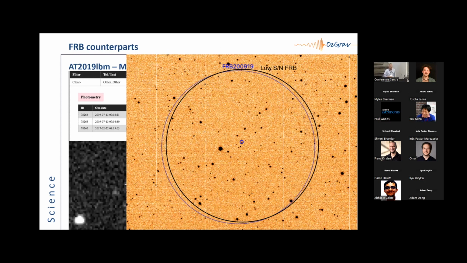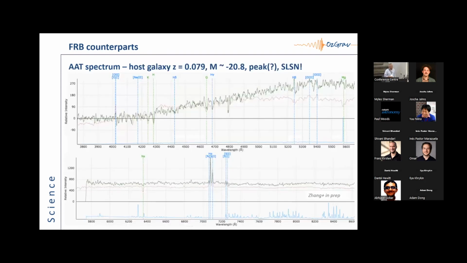We thought, oh, that's interesting. It's right in the middle. Cool. Then we got a spectrum of it. We got the host galaxy, and it looks traditionally like an FRB host galaxy or something. So, okay, that sounds great. But then when you look at the redshift and the magnitude of the transient, it turns out it's a superluminous supernova. Now, those are very rare events, and now we're looking at a very low probability. And, are we raising the superluminous supernova thing again? I don't know. Okay, so